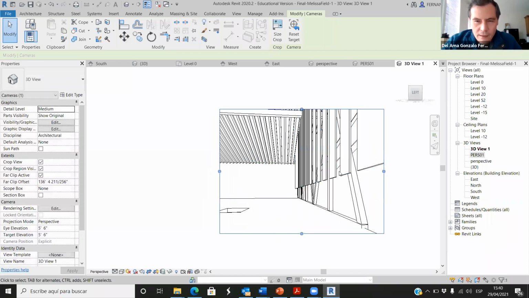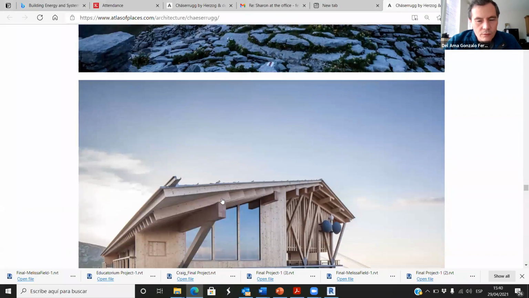Yeah, that's the idea, that we have this element here and it should look like